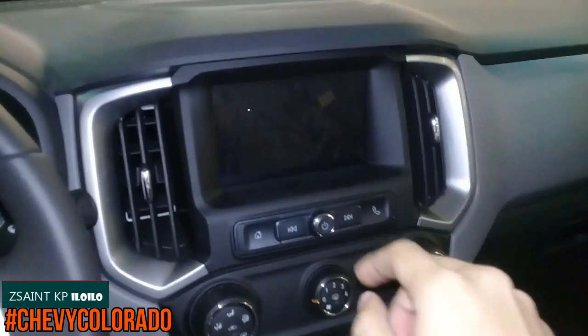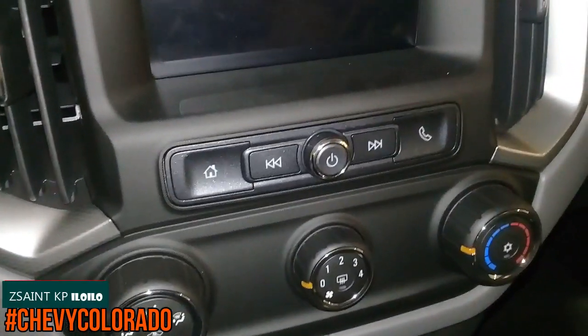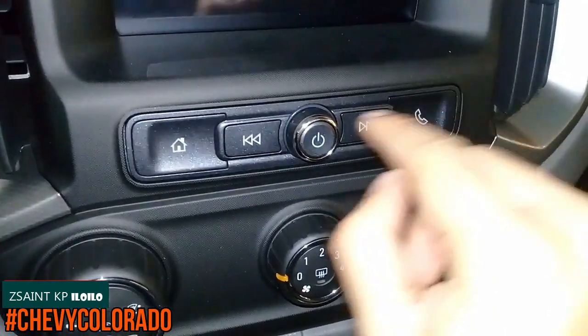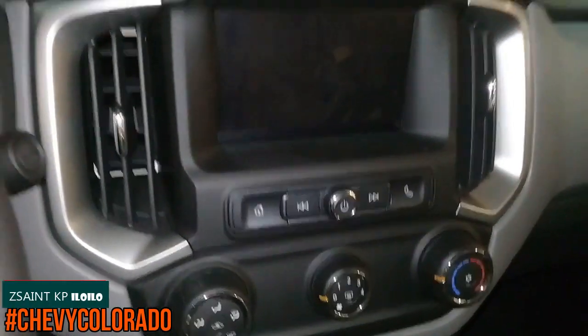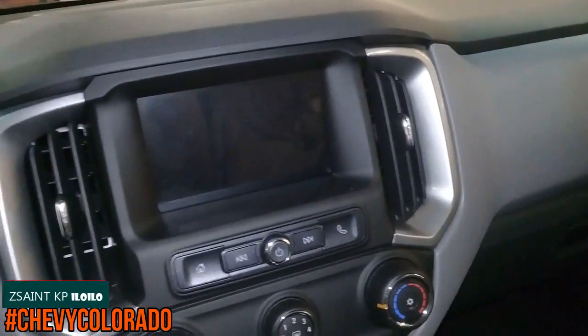Now here's the screen itself, and at the bottom of your screen, here are the sets of buttons that you can control the infotainment display. Home button, telephone button, seek track, and your volume knob together with your power button in order to turn off or on your infotainment display. These are flanked with 2 air vents. On top, you got your storage,